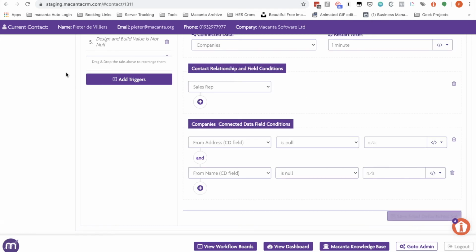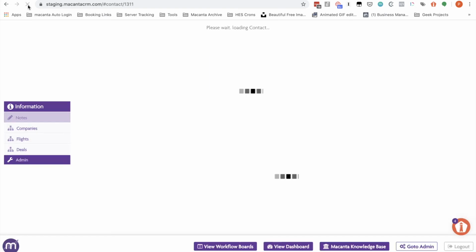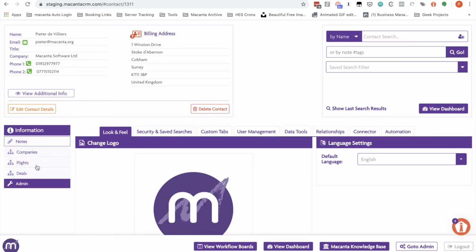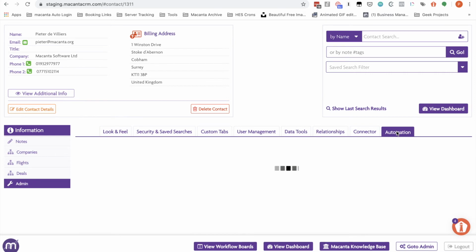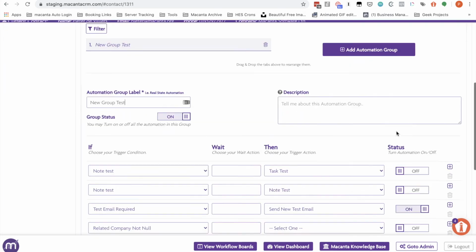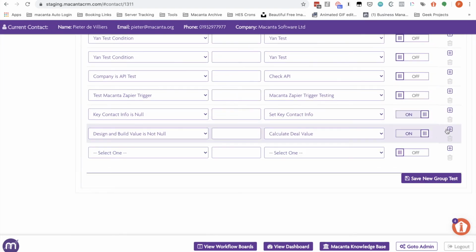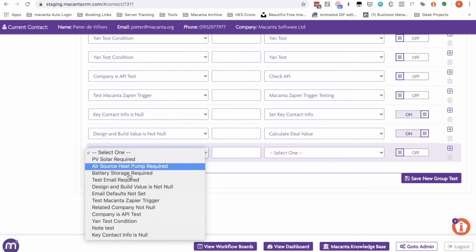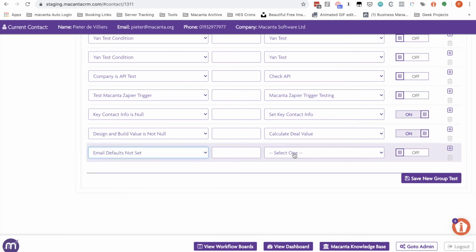So let's save that. We're going to refresh, and we'll set up our group, and we can say when email defaults not set, set email defaults,